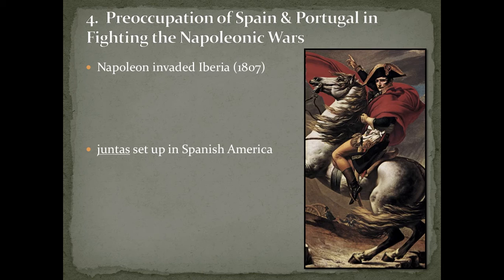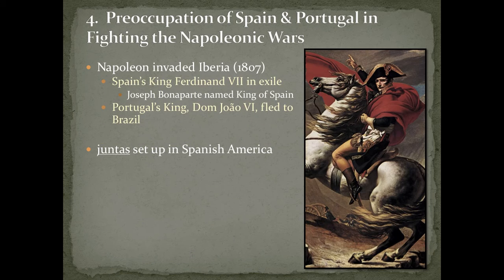All right, so in 1807, he invades Spain, and he captures the former king of Spain, Ferdinand VII. It says here he's in exile. He actually winds up in prison for a while, I believe. And in place of the legitimate king, Ferdinand VII, Napoleon places one of his older brothers on the throne of Spain, Joseph Bonaparte. He takes the title of King Jose.